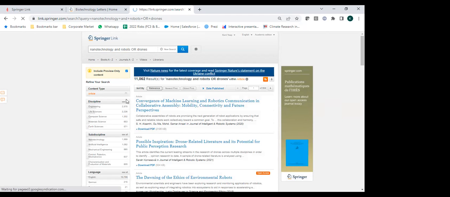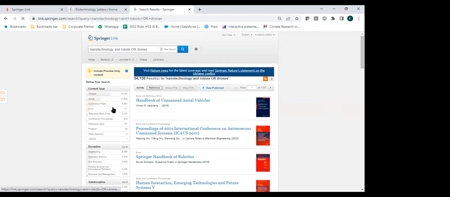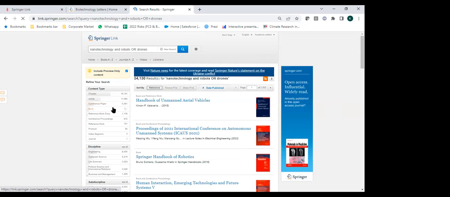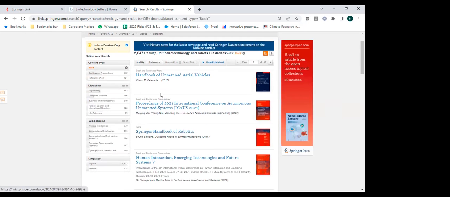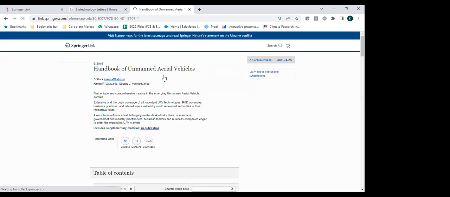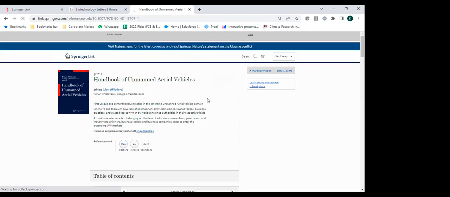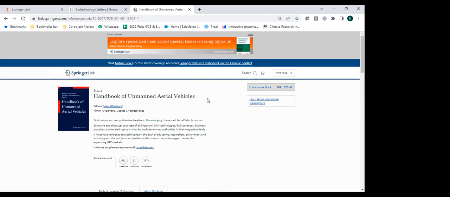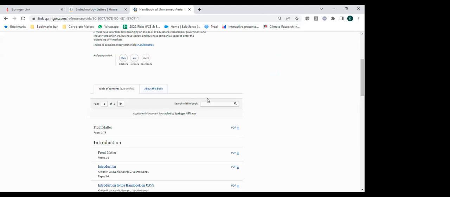Then lastly, just before we end, I'm conscious of time. I just wanted to show an example of what books will look like, because books represent the other half of the formats of content on Springerling itself. So when you go into a book, obviously a book is a book, but